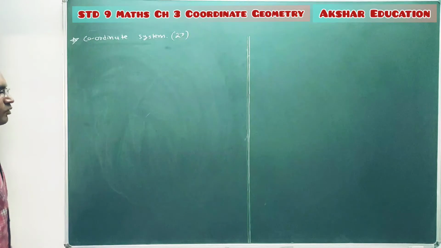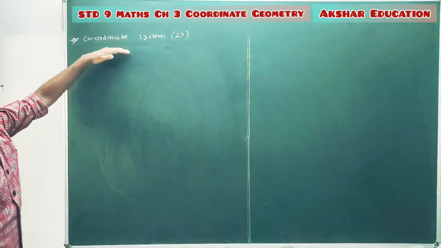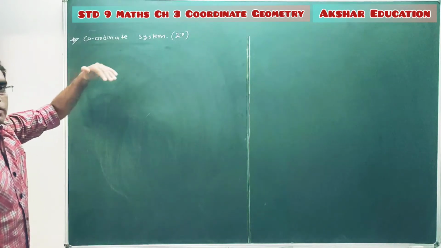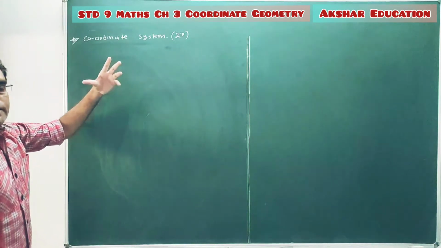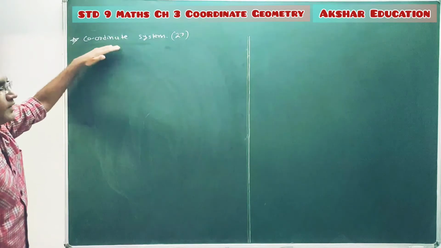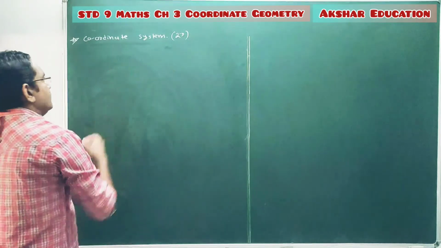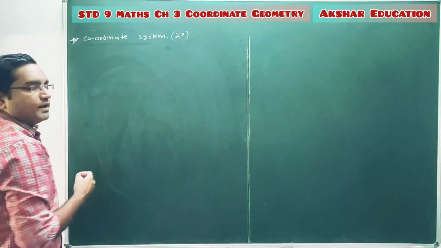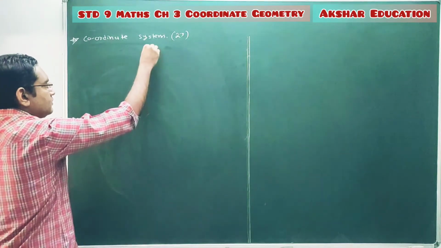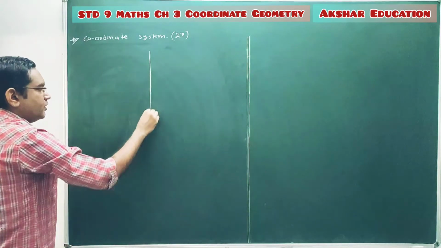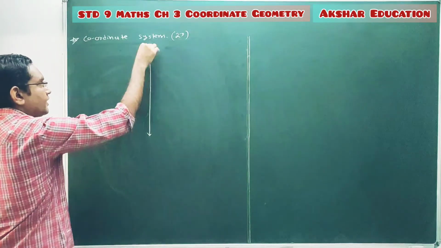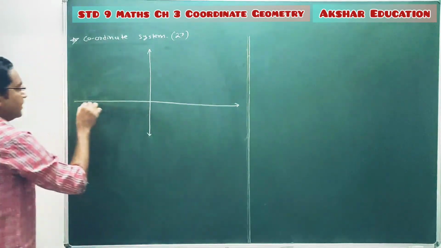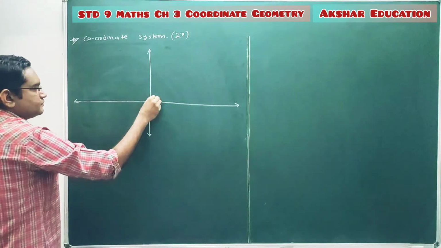So what is there in the two-dimensional coordinate system? This is our reference system. We make use of reference to give the position of any point in a plane. So this reference system, the coordinate system, consists of two lines. How many lines? Two lines. It consists of one perpendicular line, or we can say one vertical line, and another horizontal line. And these two lines are perpendicular to each other.